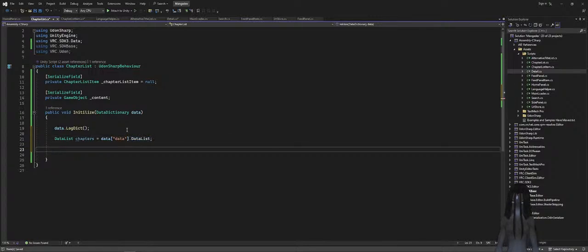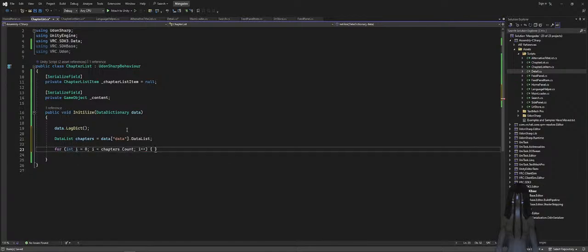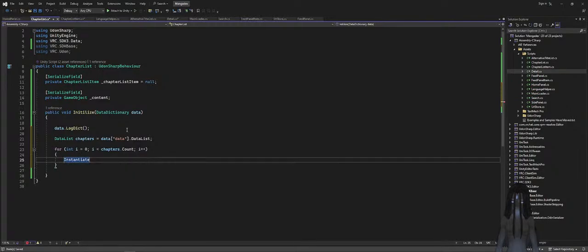Yes, cool. Now we can enforce chapters and count. Instantiate